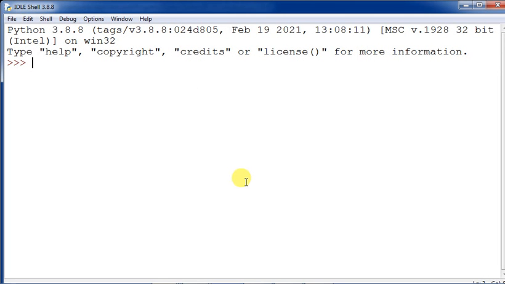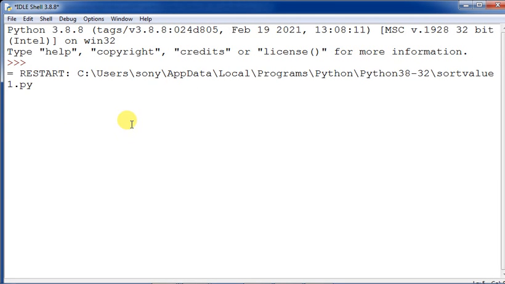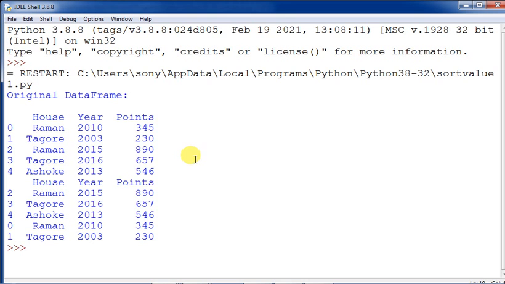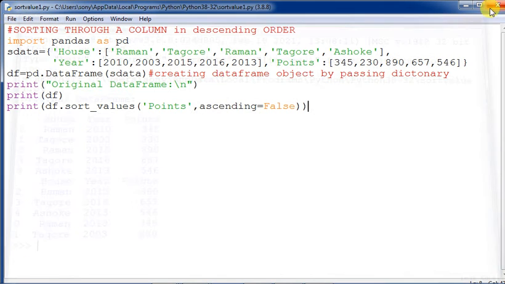Okay, so I have executed this program, now it will come shortly. So the output you can see out here and you can verify the output along with this one. You can see out here, so data has been sorted. So Raman has come over here, check the corresponding data also. Those data are also arranged as per the data of the points table. So first of all, the primary aspect is that the data of the points table will be sorted, and its corresponding data will be placed in its proper place. It doesn't matter that the other column would also be sorted, in that case data will be haphazard. Okay, that is the thing. So in this way the sort values command is used in order to sort the data.